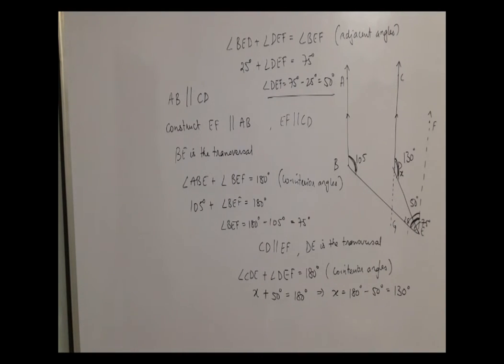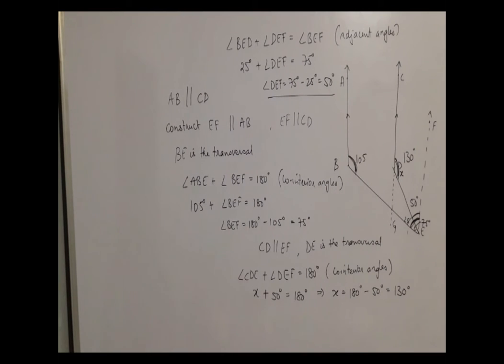So remember, there are constructions you can do on your own, but you should be able to pick up the construction which makes your sum much easier. So this construction which I have done has made the sum easier. So these were the sums based on finding the values of angles based on the property.